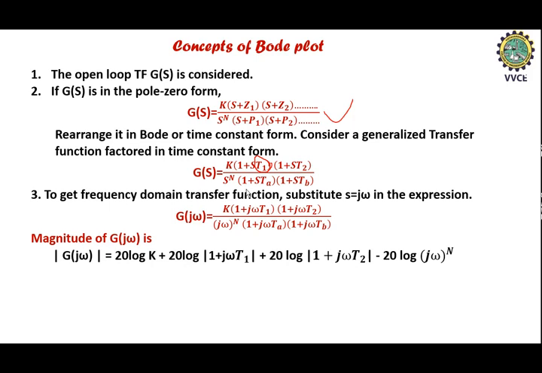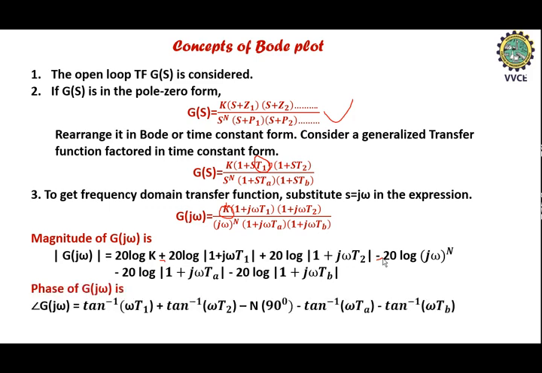We are finding the values of magnitude in terms of dB, so we are applying the 20 log logarithmic value. 20 log K for this term, plus, because this term is in the numerator itself, we add plus 20 log of 1 plus j omega T1, 20 log of the second term, minus 20 log, because this is the denominator term, so we need to put a negative sign, and 20 log of the two terms. In this way we can find the magnitude of the open loop transfer function,